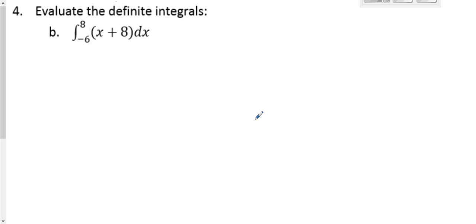Okay, number 4b, we're still evaluating the definite integral. Remember, the only way that we have to evaluate a definite integral right now is by finding area. So we need to be able to find the area using a graph, which means that we have to graph this. So a couple things to notice that might be a little bit different than the functions that you've graphed